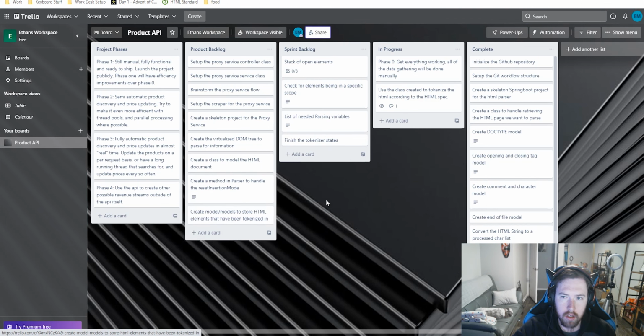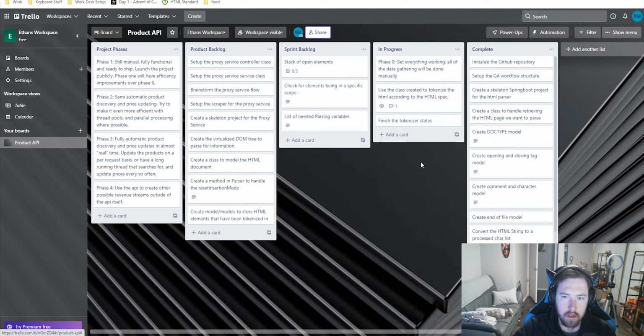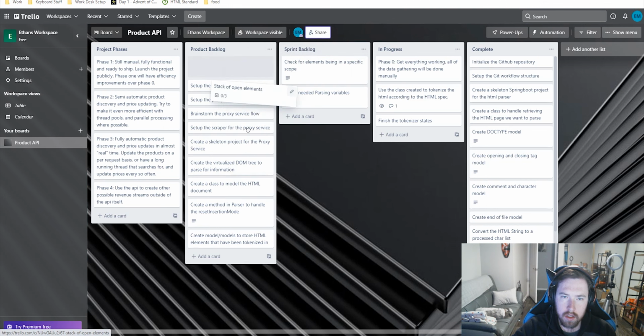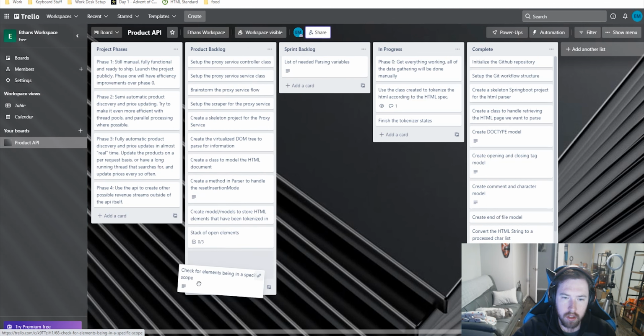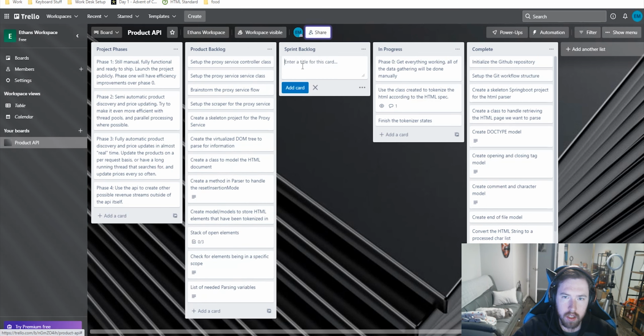This isn't done yet. Obviously, we've already done this. We still want to finish the tokenizer, obviously. We do not need this, so we're going to put these in the product backlog as well. So my plan for today is to refactor. I know we're always refactoring. Refactor state logic implementation classes.